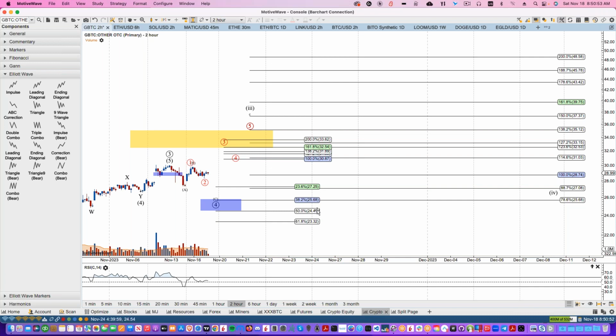Support here is 24.47 roughly. You can round it off to 24.45 or 24.50. I don't stick to these pennies. What I do with support is if it starts to sustain below it, then I stop out. But I'm mainly looking for areas to accumulate in this, mostly to average out of this because I prefer BIDO. But anyway,